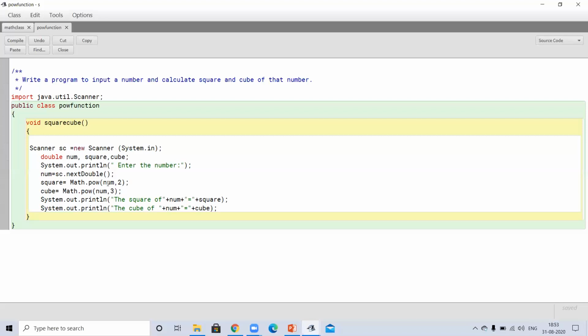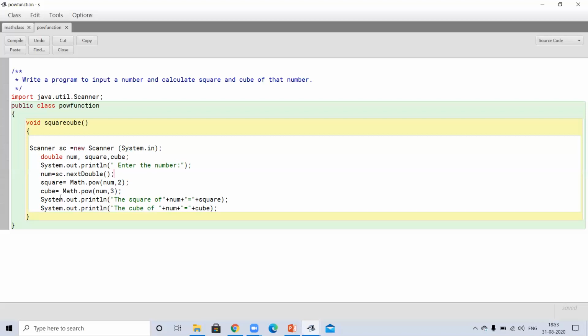Here in pow function also we are using two arguments. First argument will behave as the base and second one as the exponent. Okay, so number will be same. Number is base, but the power is here 2. So num comma 2. These two arguments we will pass. It will calculate the square of that number.